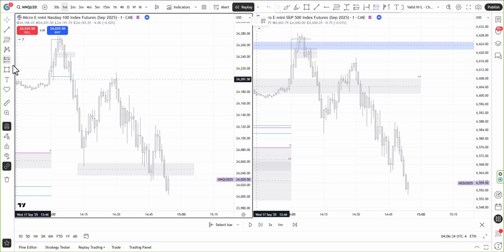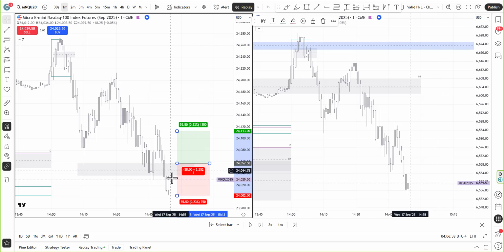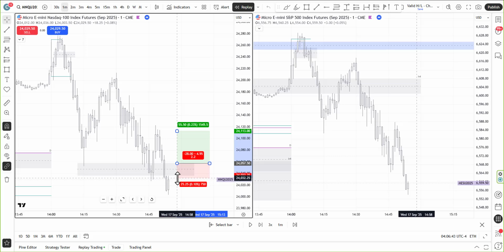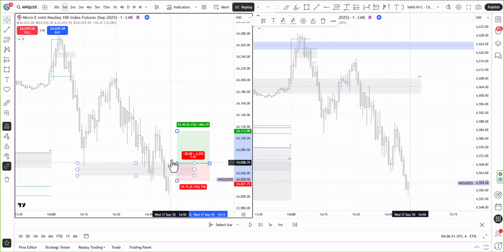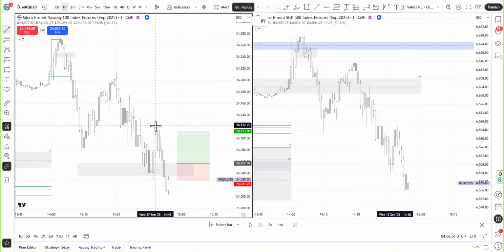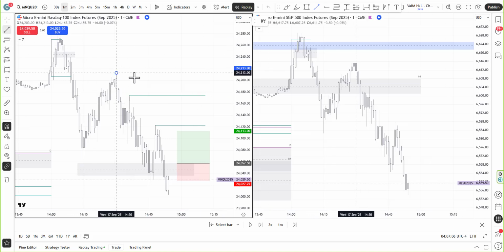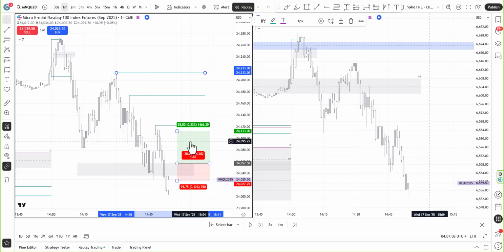So I marked out, I said, okay, what do I want to see? I want to see a clear break of this 1 minute level. Ideally, I want to see the wick get taken. I wasn't yet sure about my stop loss, maybe below, but I was thinking, okay, depending on the move of this candle, I might move my stop loss. The first interesting target is this one. And then I was thinking, okay, this is just generated liquidity. This could be one level. And in the end, this is perfect. And maybe leave a runner for whatever.